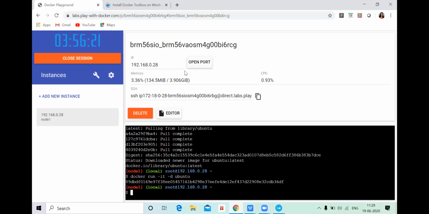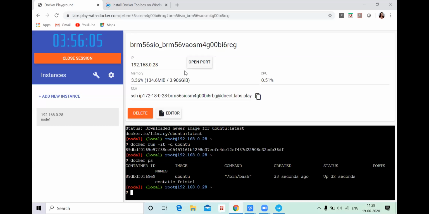Now let's move towards the next command, docker space ps. The ps command is used to show all the processes going on currently, the running containers. There is a difference between the total number of containers and the currently running containers.